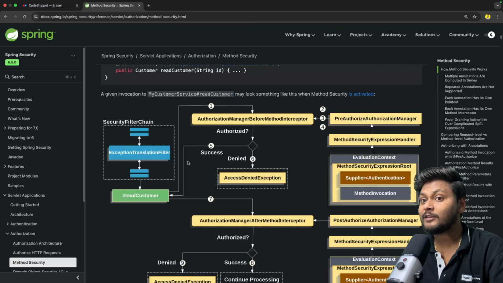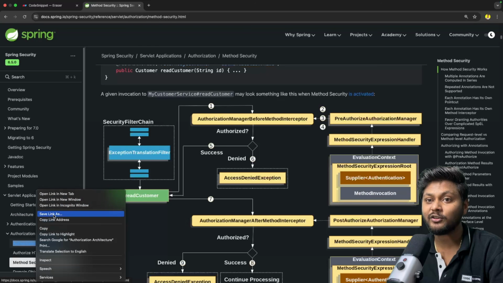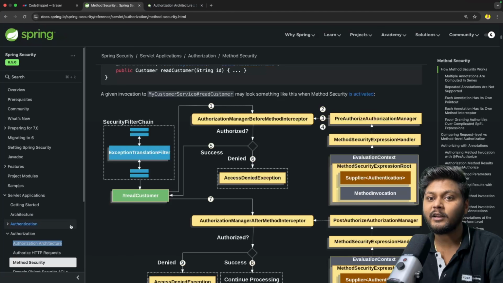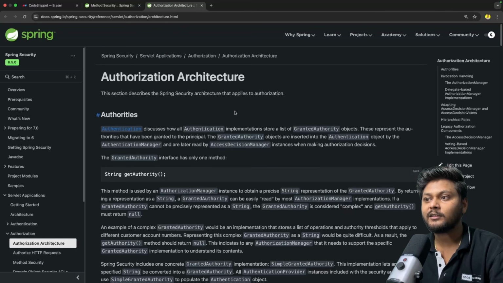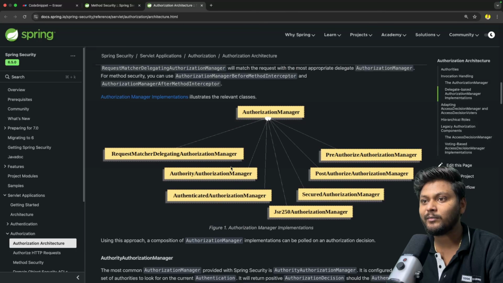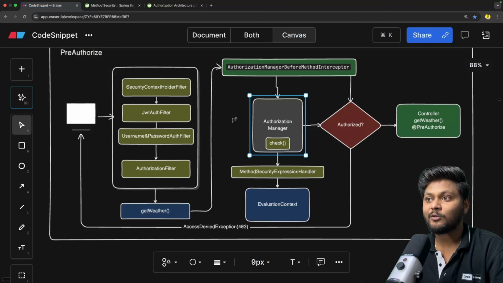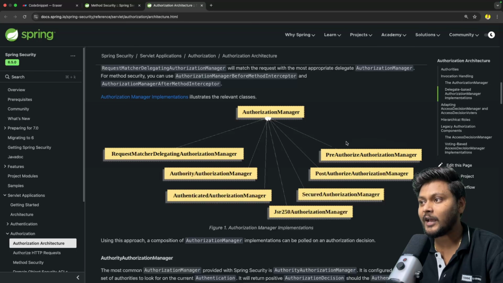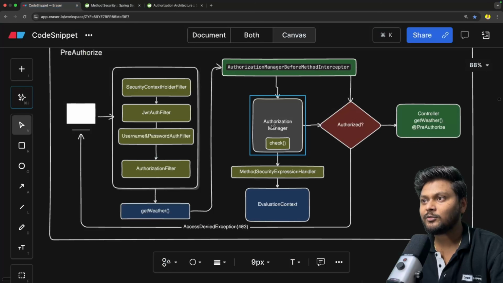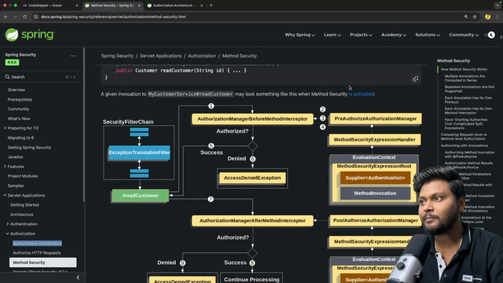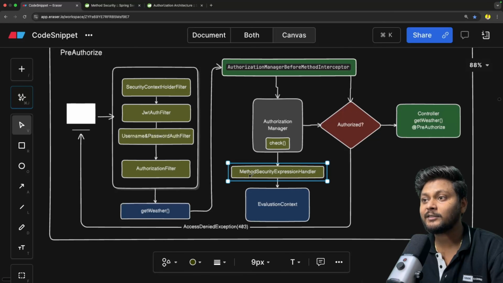And if you remember, the authorization manager has multiple implementations. If I go over here into the authorization architecture, you will see that it has multiple implementations, and this particular PreAuthorize authorization manager will come into the picture over here. We have briefly discussed this in the last video. This authorization manager's implementation will be your PreAuthorize authorization manager. Now this PreAuthorize authorization manager will make use of something called the method security